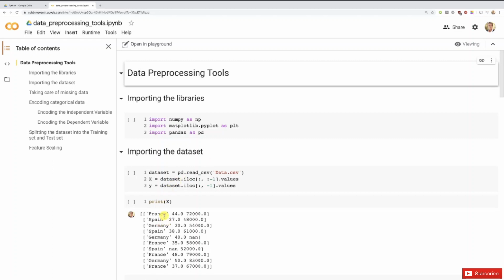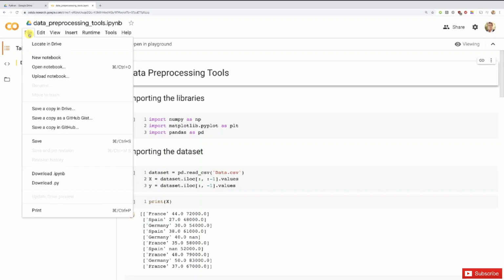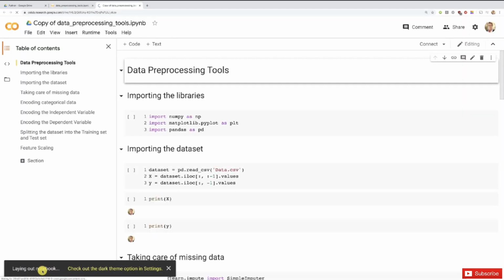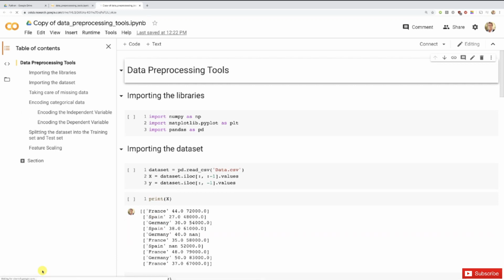And to do this, because remember that this Colab file is actually in read-only mode, well, to do this we'll have to create a copy by clicking File here and then Save a Copy in Drive. This will, as you can see, create a copy of this Google Colab implementation on which you will be able to modify and mostly code your own implementation. All right, and that's exactly what we're going to do now. We're going to actually